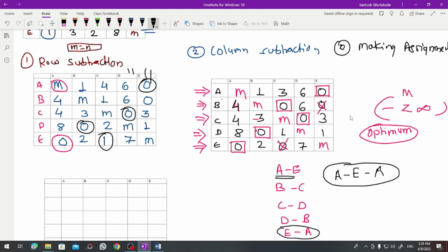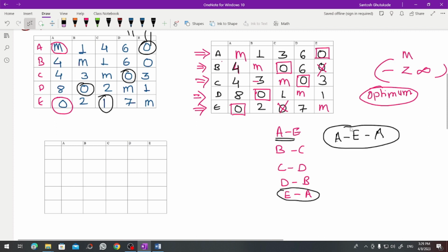Then how to solve the remaining problem? Here he has not covered all the cities, so we want to continue this problem for the next step. So here I will write this matrix as it is, and then I will explain how to solve this problem. So here C, D, E.